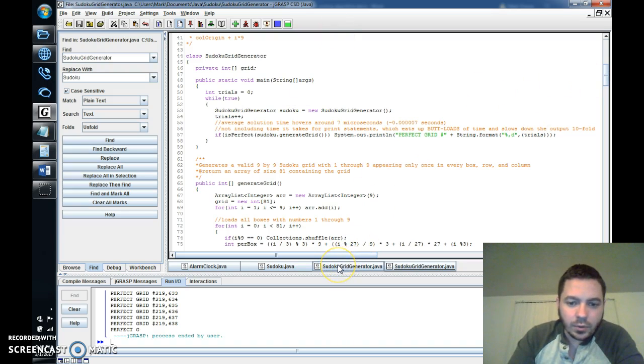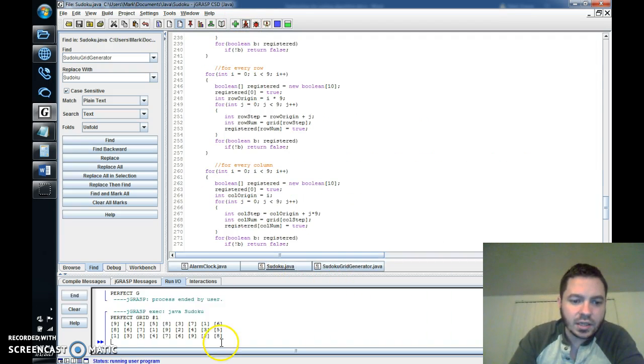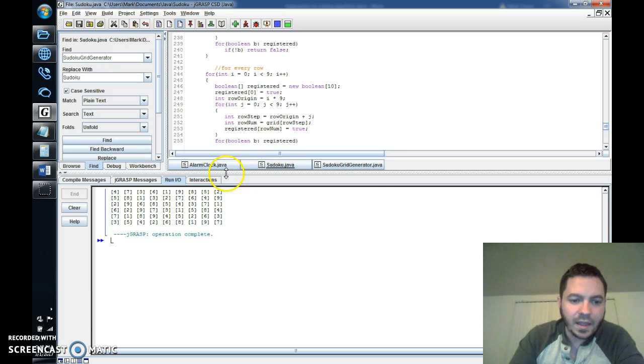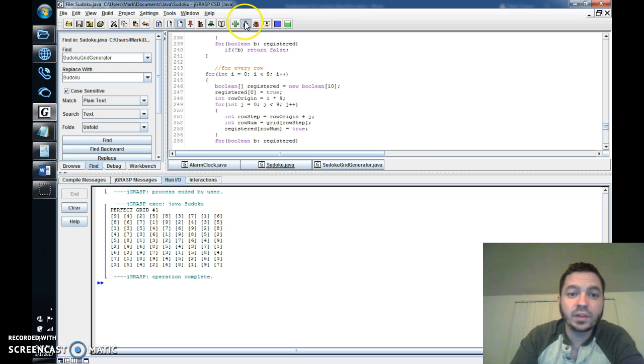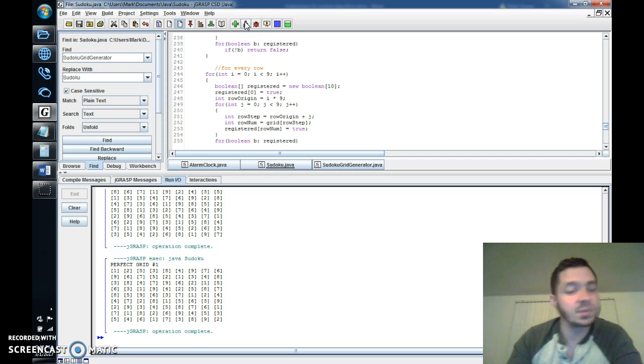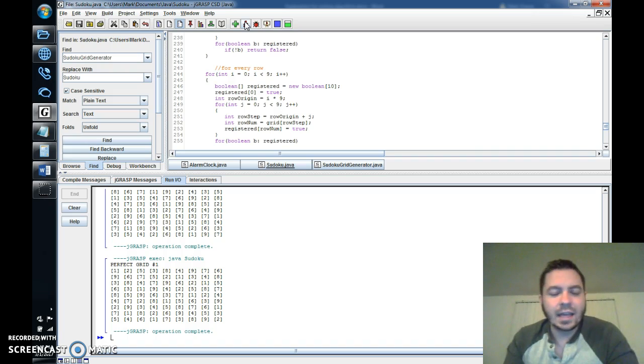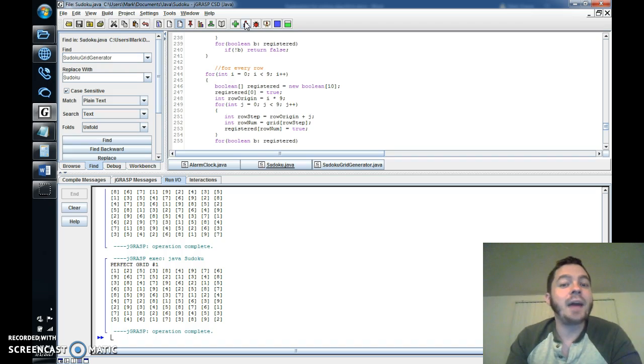And I wanted to show you, right here, you're going to see a grid pop up. Now, the first time that I wanted to test the time, like how fast it was generating a Sudoku grid, I was testing every single iteration. And when I did that, it came back as 0 milliseconds. And I was thinking, surely it's taking up some processing time. So what I had to do was